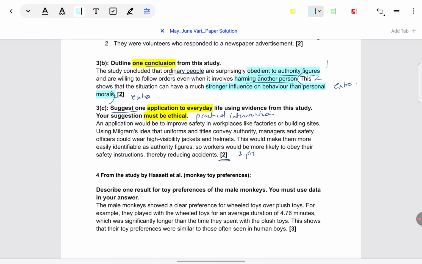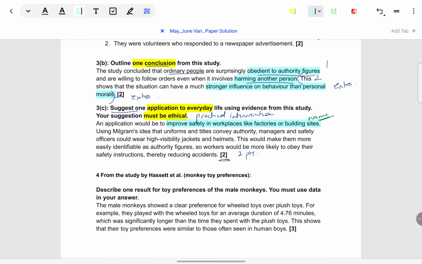In this model answer, we see something unusual. So I think this will help you to think a little differently also. So this model answer is helpful in more ways than one. Here, an application is to improve safety in workplaces like factories or building sites. This is a very good way of beginning. Like, first, you just name the application. So, the examiner will note a very clear application has been specified. Of course, to justify the 2 marks, further it has to be elaborated. But rather than going roundabout, first the candidate has directly mentioned that, see, this is an application. And then they explain it further. This is the best approach.